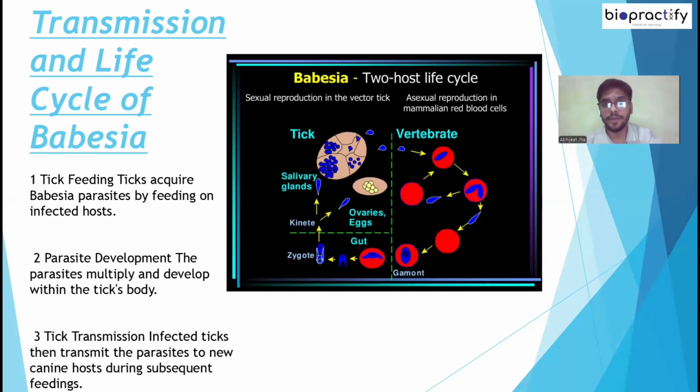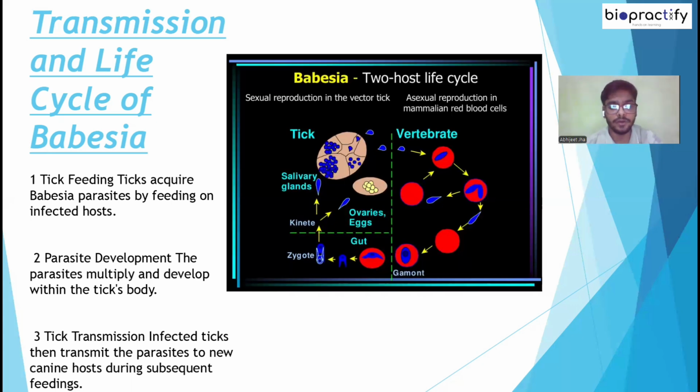Asexual reproduction in the mammalian host. During a blood meal, a Babesia-infected tick introduces sporozoites into the mammalian host, such as a white-footed mouse. The sporozoites enter